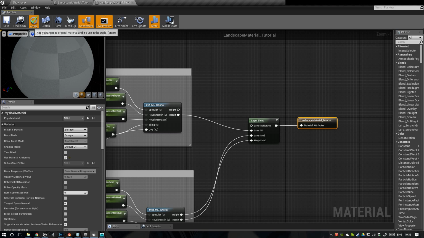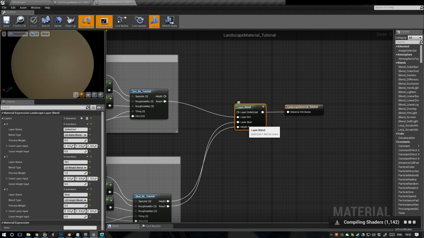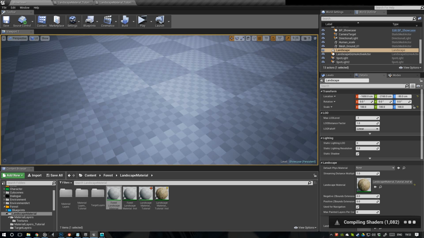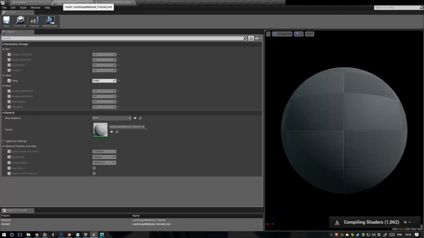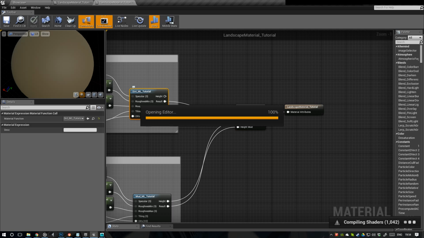Let's apply this. Oh, and something that I forgot: if you're going to use a layer blend with a lot of different layers, and you're going to use tessellation and stuff, like I said, you might end up getting compiling errors or just the material not compiling at all if you use too many layers on a single patch of the landscape. And to avoid that, we need this do not use layer, and also in our material function, let's go in here,